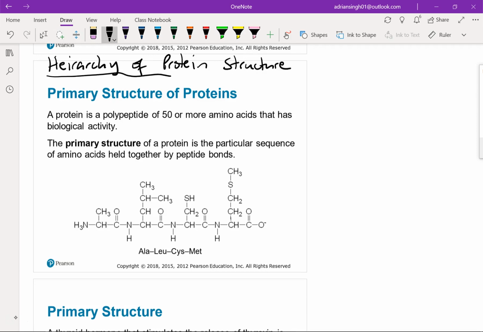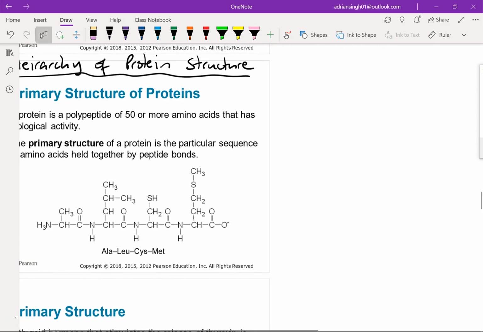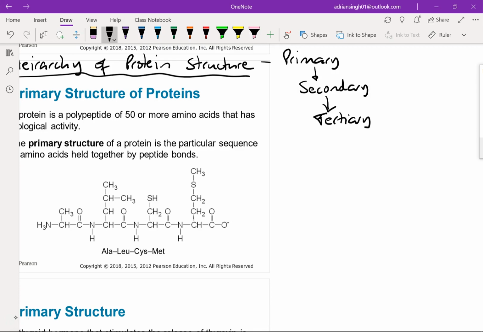Okay, and what that means is that there's some sort of a system to how we're going to look at the structure of your proteins. So we're going to be taking a look at primary structure that determines secondary structure, that determines the tertiary structure, and then we may or may not have a quaternary structure,